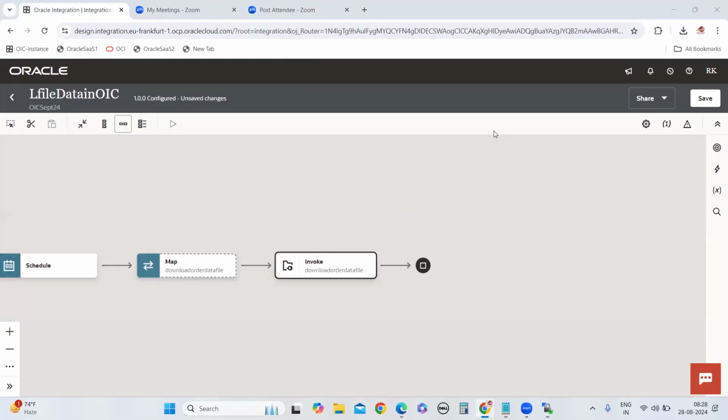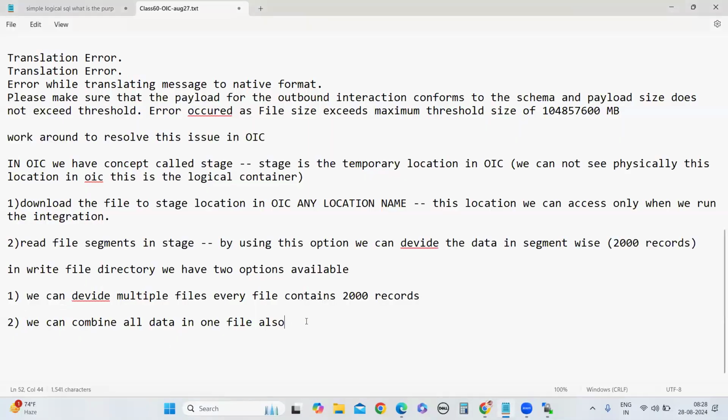No. Very good. So now after that, what we need to do is download the file.